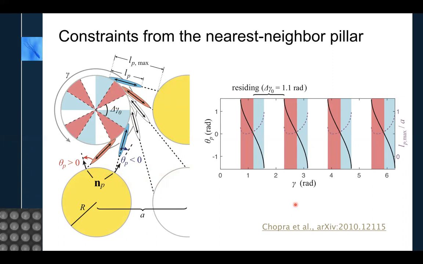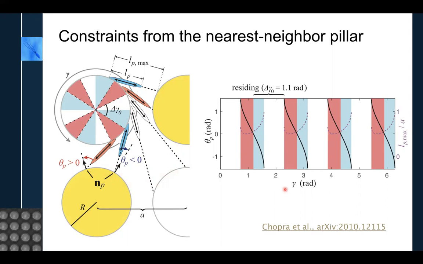As a result, we found alternating attractive and repulsive zones around the pillar circumference due to the geometrical constraints from its neighboring pillar. The attractive, or residing, zone is computed to be 1.1 radian in arc angle, where the pusher will be attracted to the pillar. In the repulsive or escaping zone, which is shown by this red color,